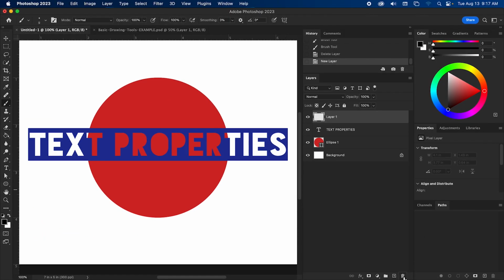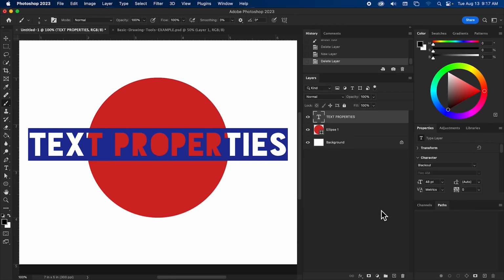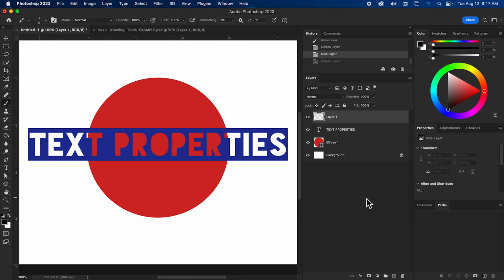Next to the new layer button, we have the delete layer button. I have it set so that it doesn't warn me that the layer is getting deleted. Yours is probably going to warn you. Going to undo that there. Sorry about the dock again. These are for creating layer effects, layer masks, fill adjustment layers, and layer groups. We're not going to worry about any of those right now. Just know that they are there. The big ones for you are going to be new layer and delete layer.